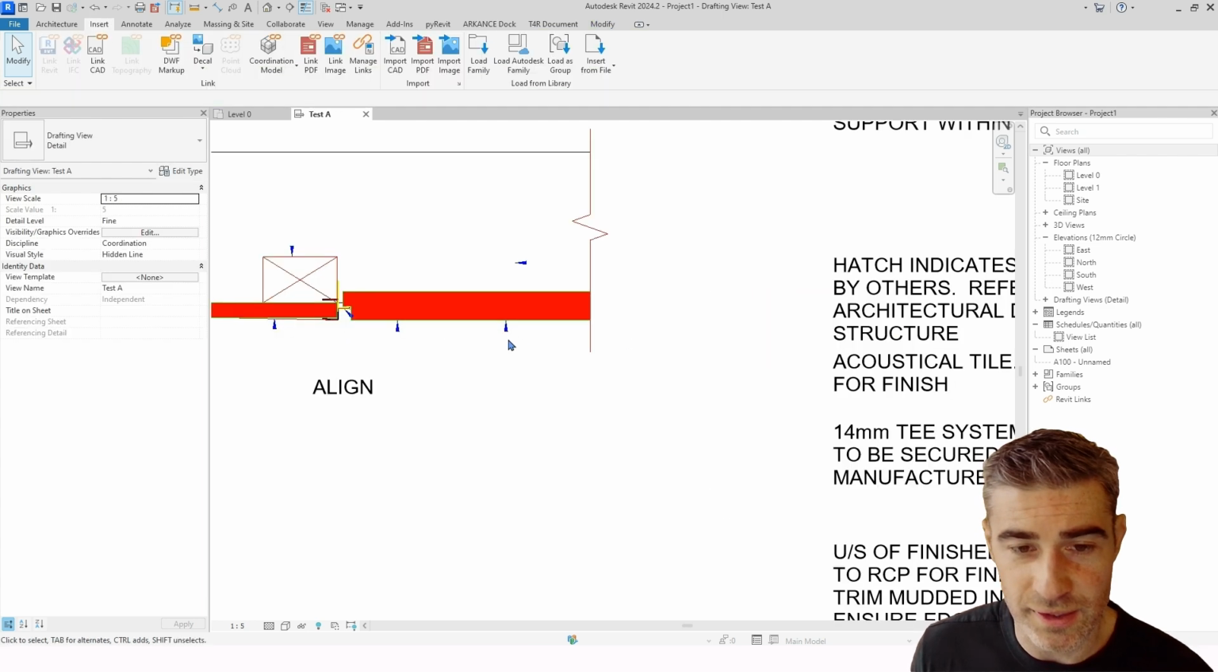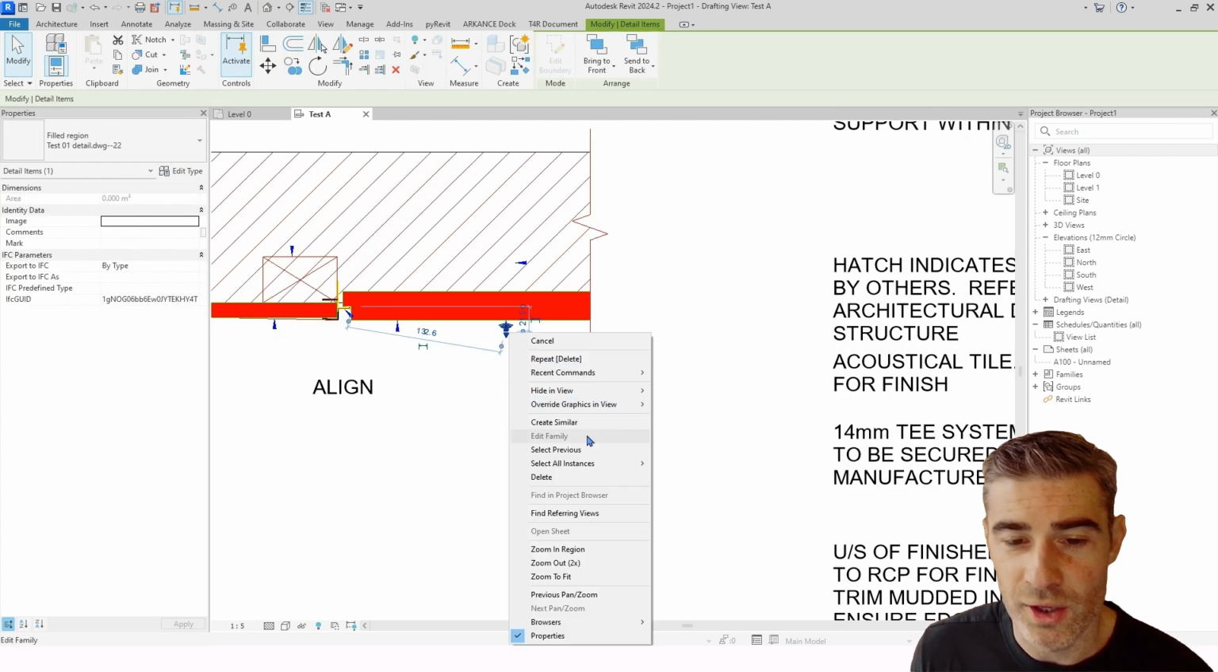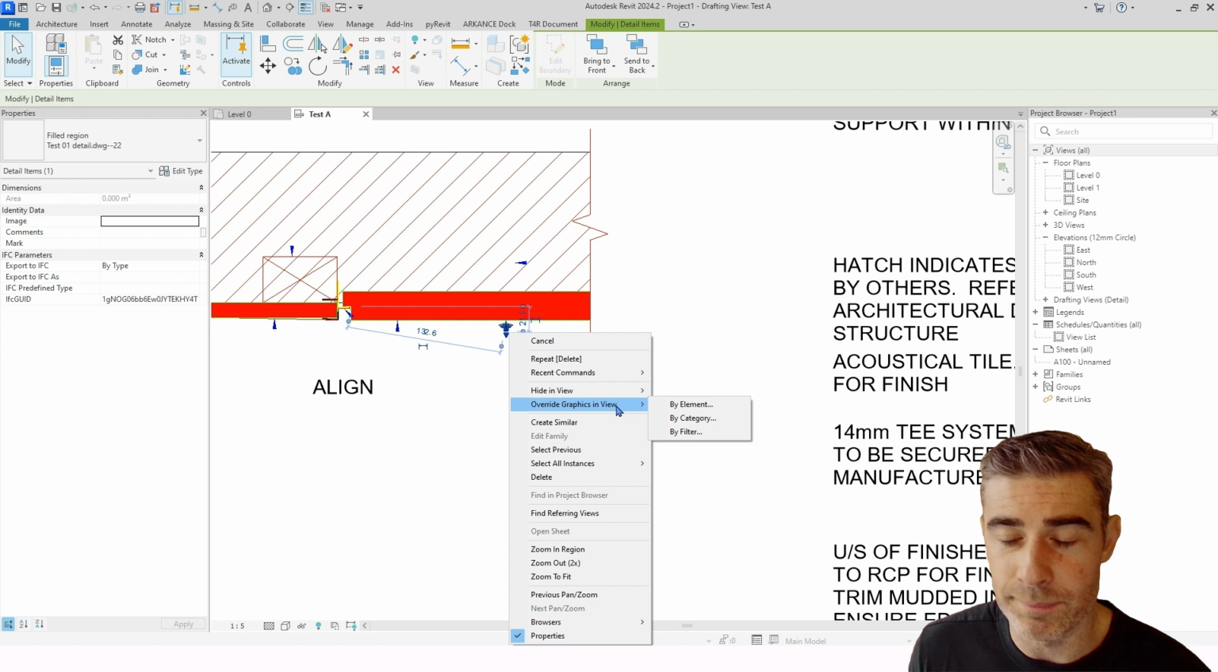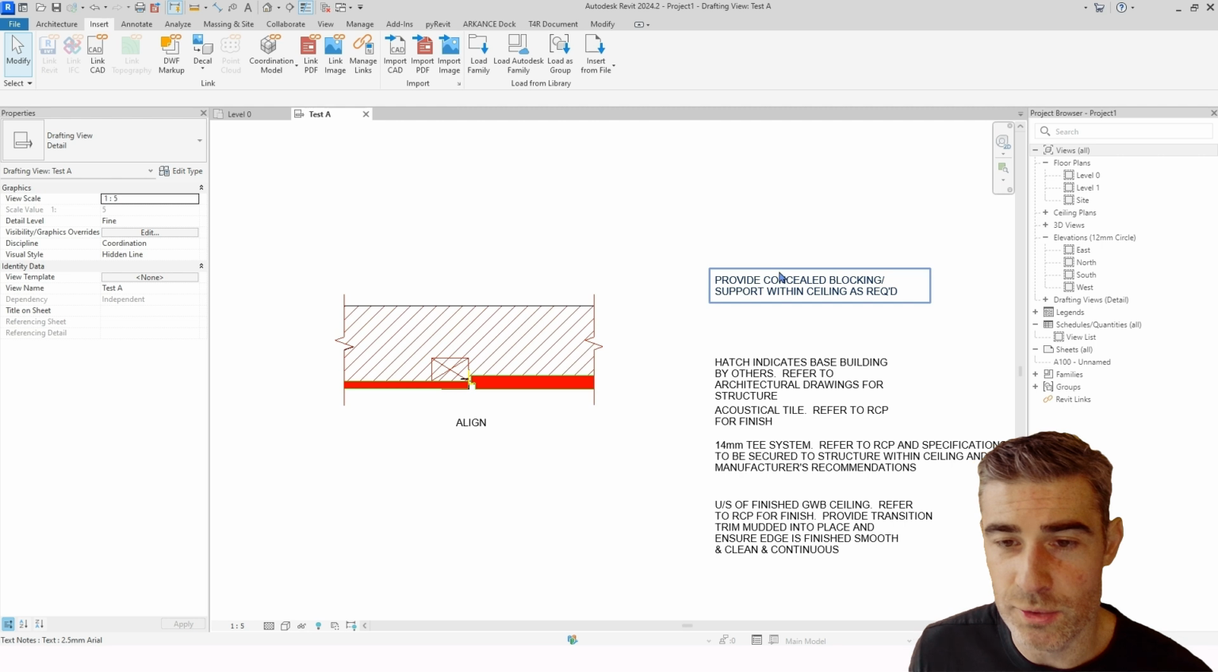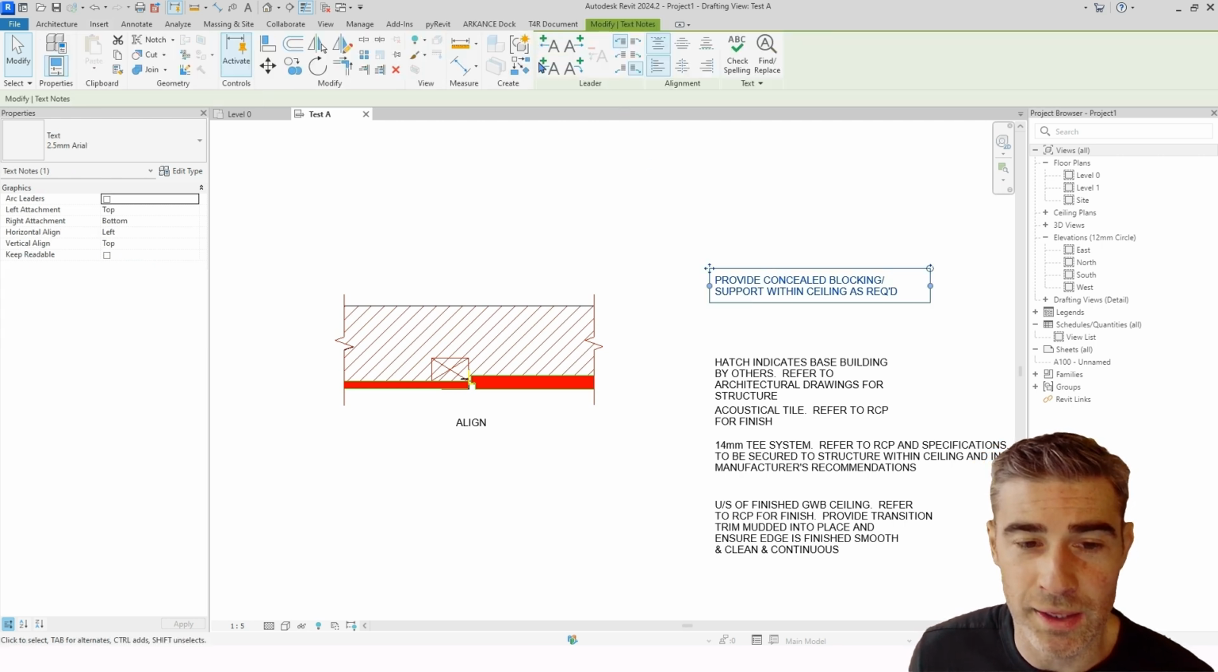just delete it. And same with these arrows, because within Revit, the text actually has the ability to create a leader from, and that's what I would recommend using instead. So I'm going to say select all instances visible in view, and delete them. So this is where you can then create your arrows